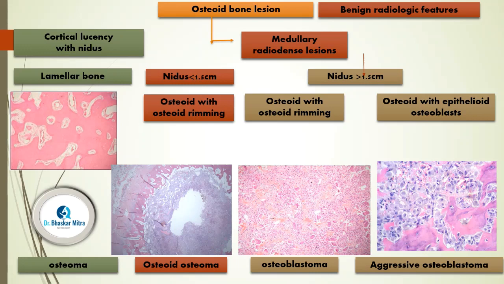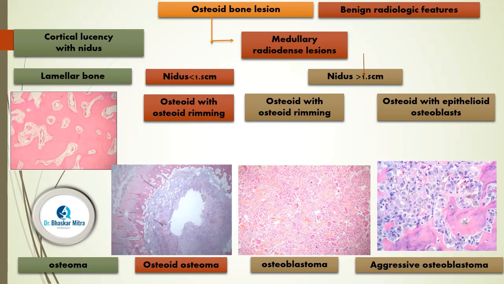Then you have to look for location again in the radiology, whether this lesion is a cortical radiolucency or a medullary radiolucent lesion. If it is a cortical radiolucency with a nidus and affecting the lamellar bones, then it has to be an